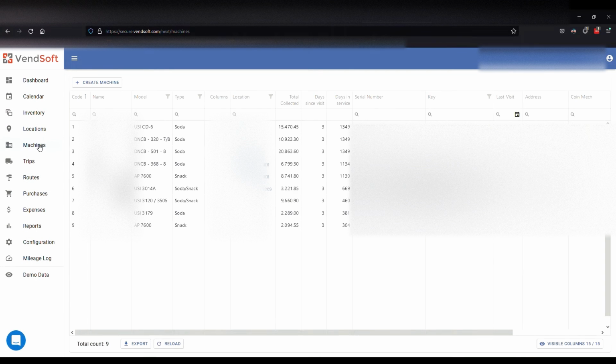Next, we have our machine page. And I have them tagged here. They're all set up here. I got the name of the machine, the make and model, whether it's a soda, combo, or a snack machine, what location it's tied to, how many columns, like for soda, like 6, 8, snack machines can have up to like 45, how much it's collected in cash and card sales since I've put the machines in, how long I've had the machines, the serial numbers, key information, things like that, address, CoinMech,